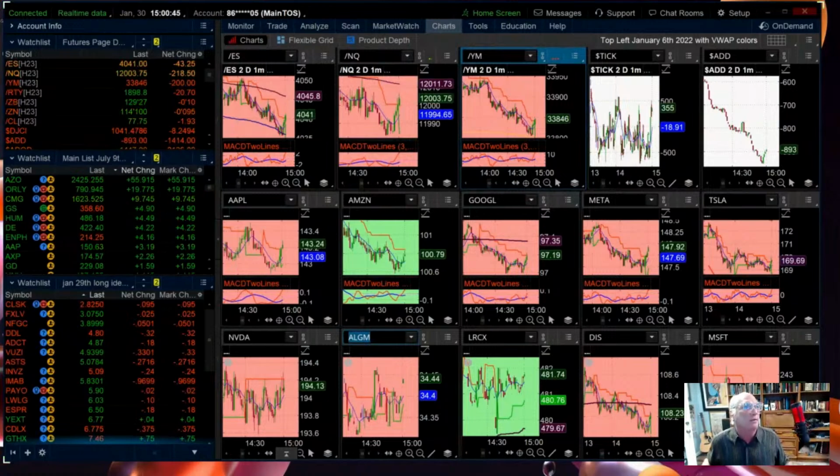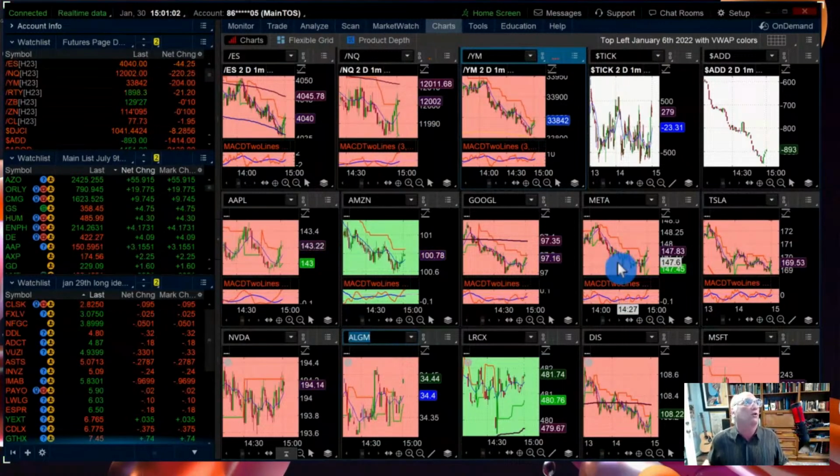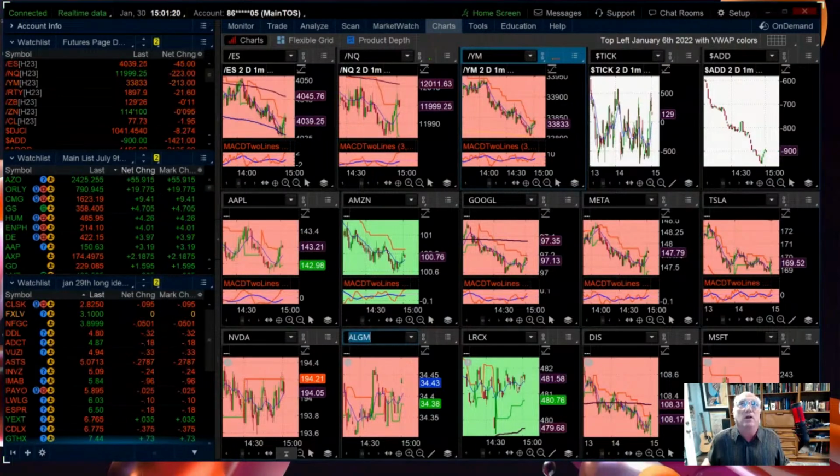So what are the things I'm going to do in here? When I go over everything, it'll be charts. Then I want to show unusual option activity in stocks that have earnings. Those are always exciting to do, and there's one that has really piqued my curiosity. I'll go over that in about a minute. But I'm telling you right now, the overall market is really hard to short when the net advance-decline is only down 900.